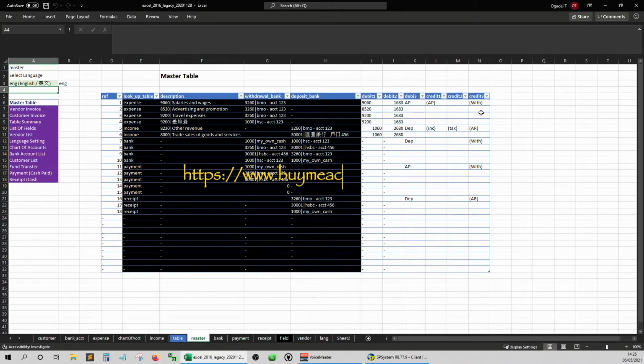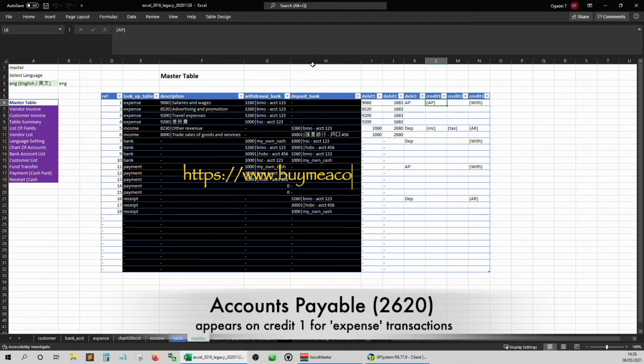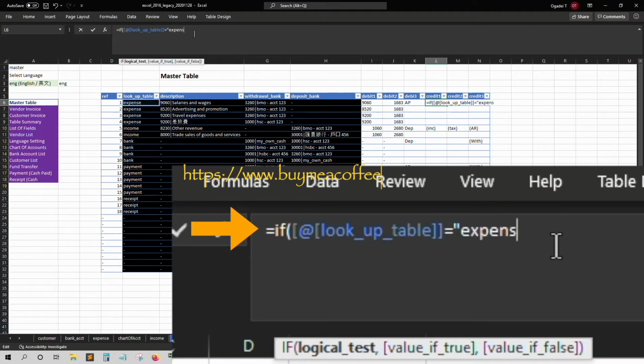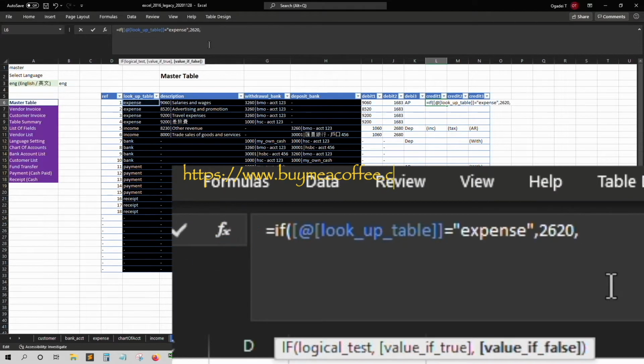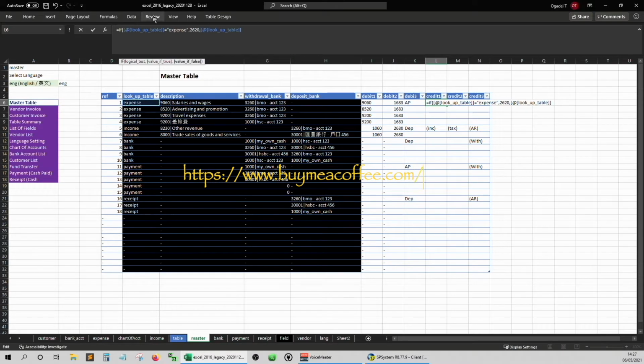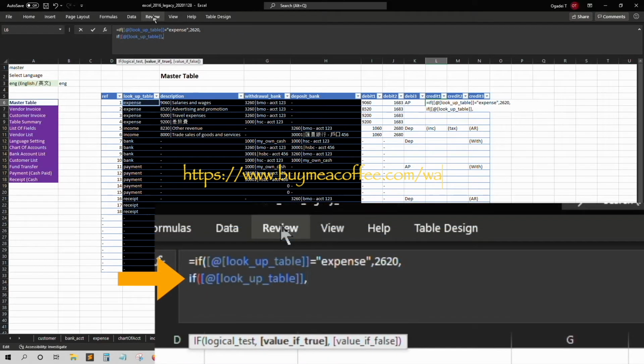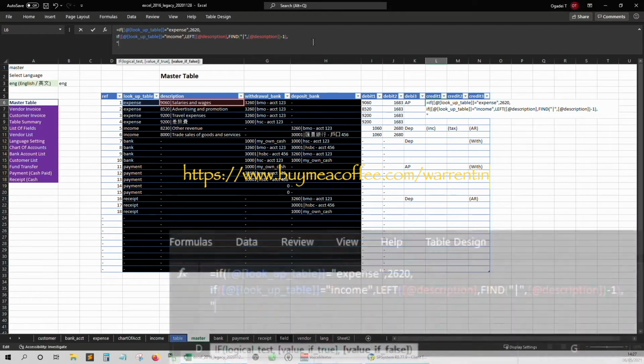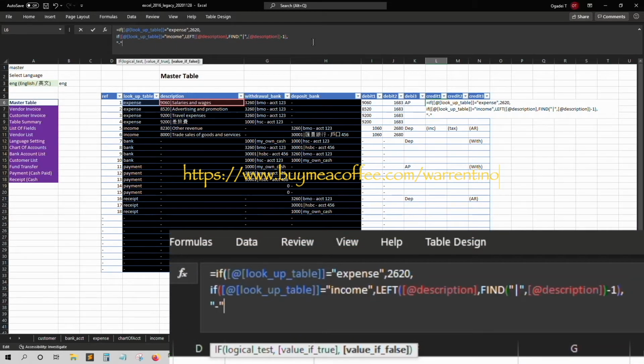If the lookup table column is expense, we'll return the accounts payable 2620. If the lookup table column is income, we'll use the left and find formula to extract from the description column. Anything else will return a dash.